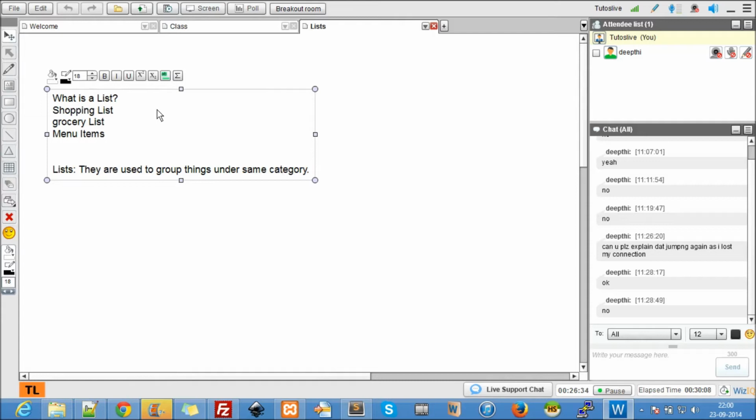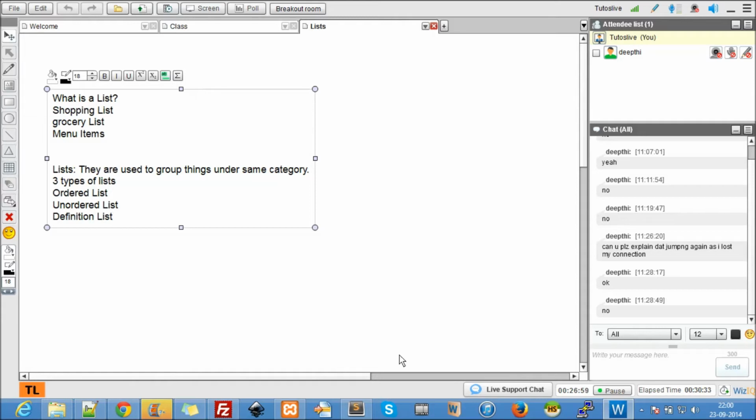We have three types of lists: ordered list, unordered list, and definition list. We won't talk about definition list, it's outdated, it will soon be deprecated.